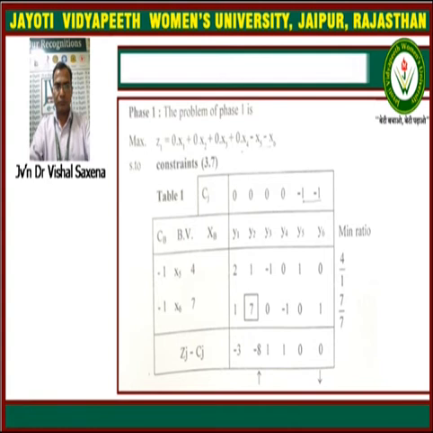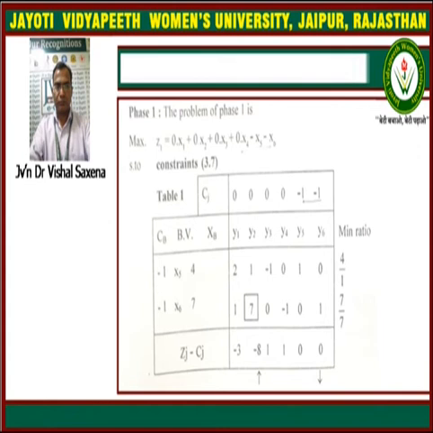Now Zj minus Cj is coming. What is Zj minus Cj? That is coming -3, -8, 1, 1 and 0, 0. Here how can we find Zj? Zj can be determined by the method of Cb into Yj, and that is the method of Zj. So Cb into Yj, in this way, and here the minimum ratio can be given by the formula of xbr upon yrj.